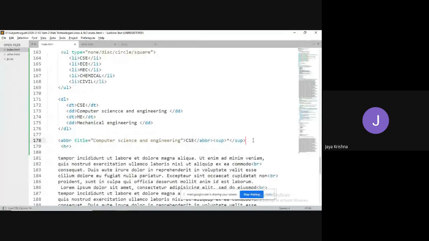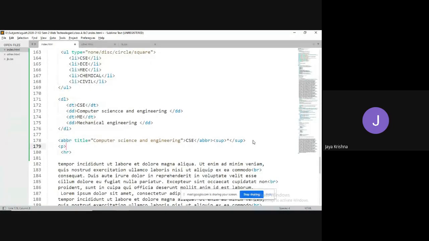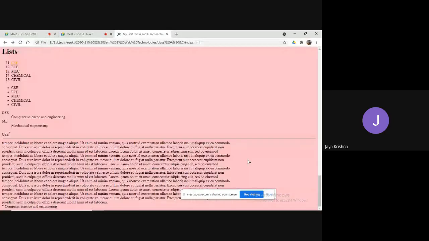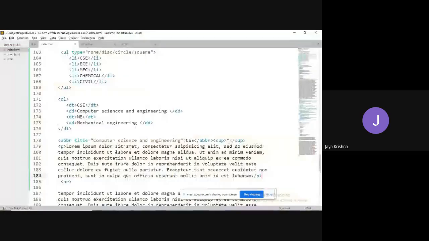There is a kind of tag which we call the P tag, which is meant for paragraph. Paragraph tag. I'm going to close my paragraph. Okay, fine.